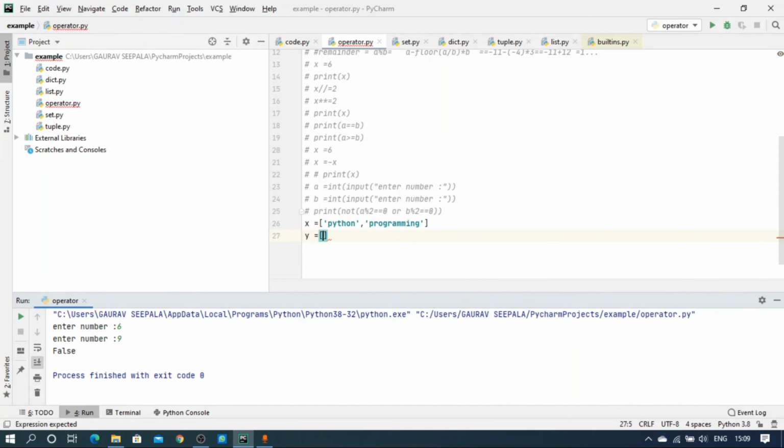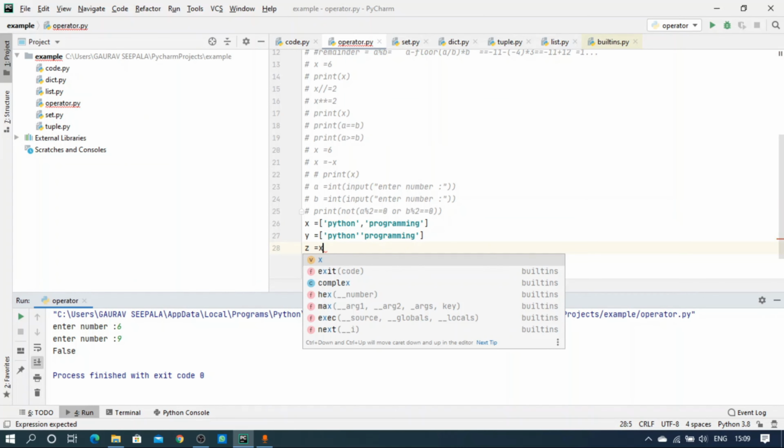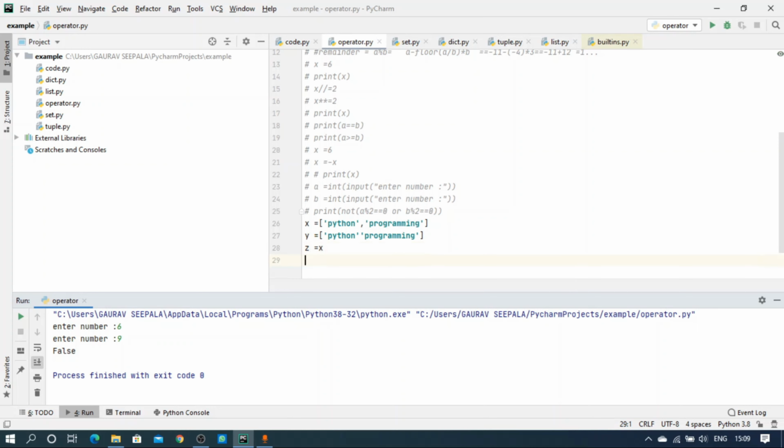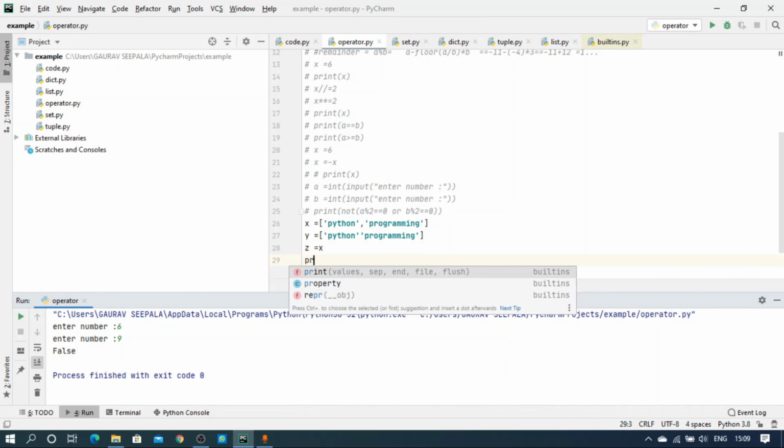Y. Let's take Z equals to X. So let's see identity operators.